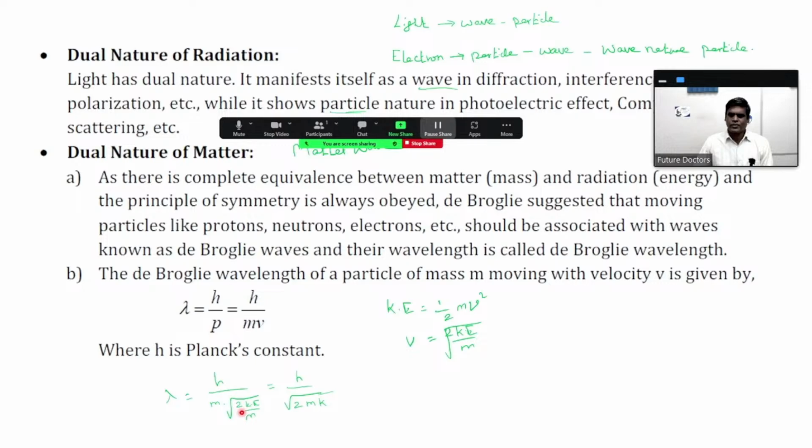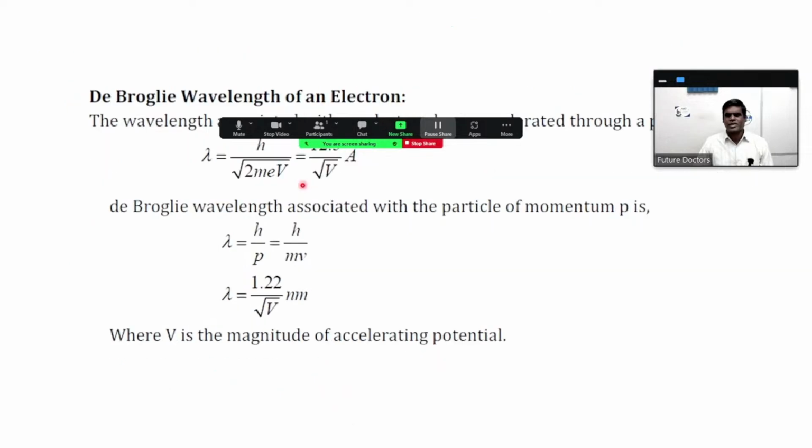Suppose you want to calculate the de Broglie wavelength of an electron. The wavelength associated with an electron being accelerated through a potential V is lambda equal to h by root of 2meV, with h value 6.6 into 10 power minus 34, divided by root of 2 into mass 9.1 into 10 power minus 31, and charge of electron 1.6 into 10 power minus 19. Simplify this and find the square root, and you will get 12.3 into 10 power minus 10 meter